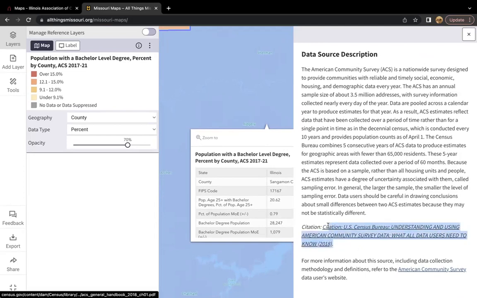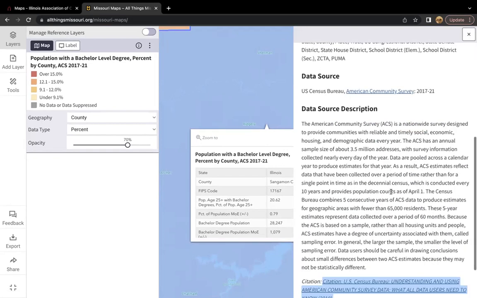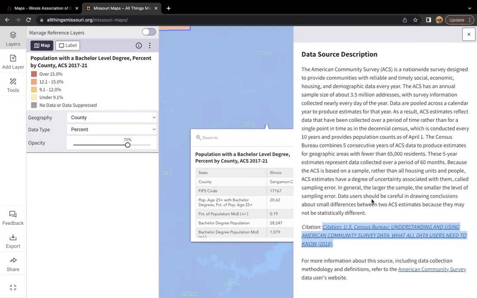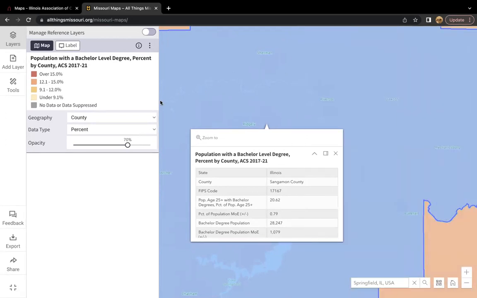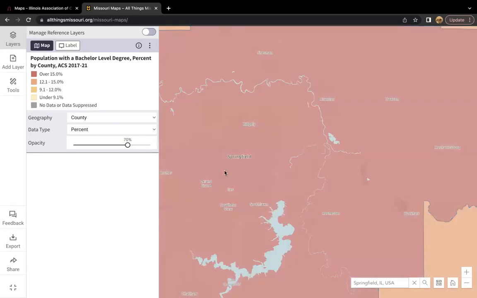Something magical about this new map room is that citation information is also included in these source descriptions. So this is really handy if you are using a map room image for a report. Folks tend to use these for a wide array of things, from supplementing grant applications to supplementing presentations or just for day-to-day research.